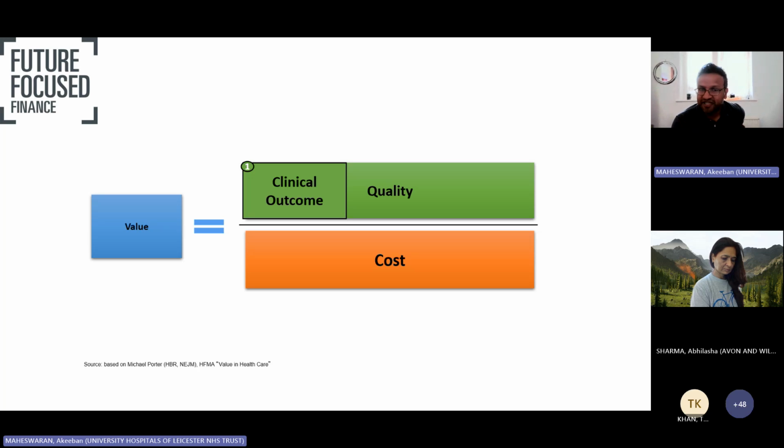Now there isn't a specific outcome when you're looking at this. It could be anything from mortality, quality adjusted life years. It could be readmission rates. You've got to choose the most suitable metric for the thing that you are trying to demonstrate. When it comes to outcomes, sometimes the outcome you need is the one that's not easily measured. So an example we have is